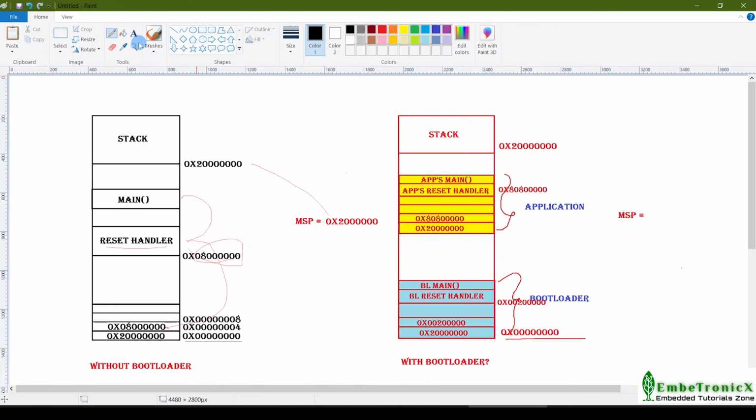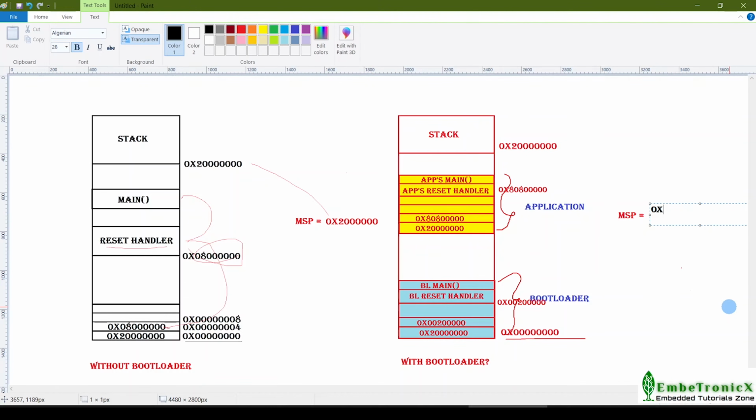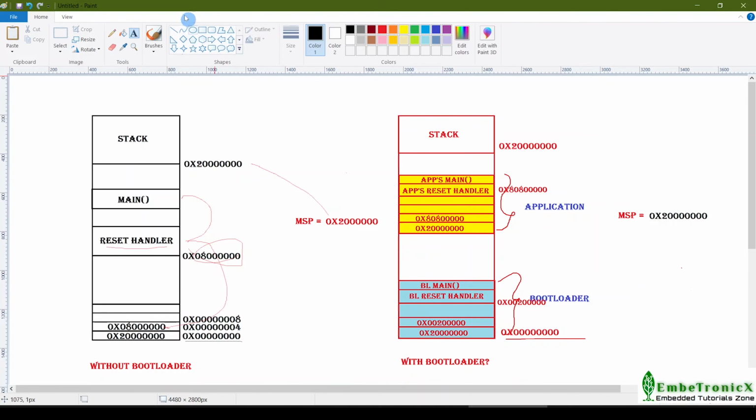As we discussed earlier, it takes the stack address from 0x0 and stores that to the MSP register. Then it reads the reset handler's address and goes to the reset handler of the bootloader. It does some operations.